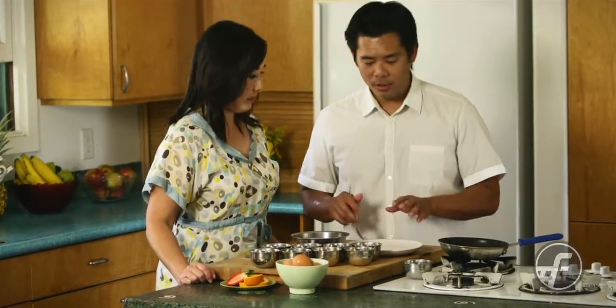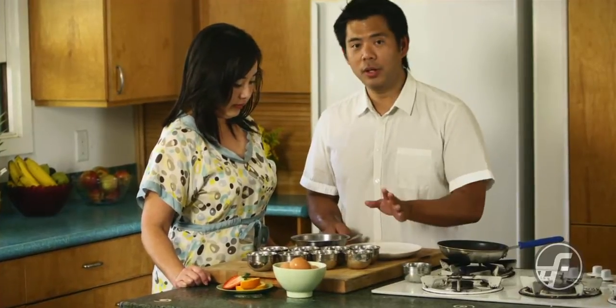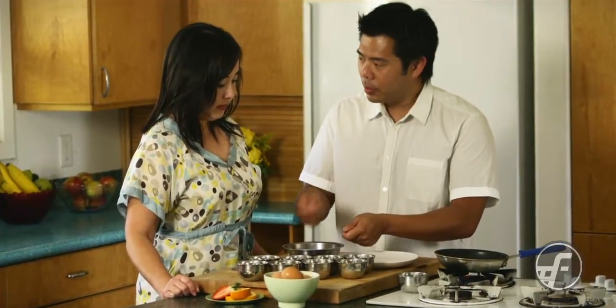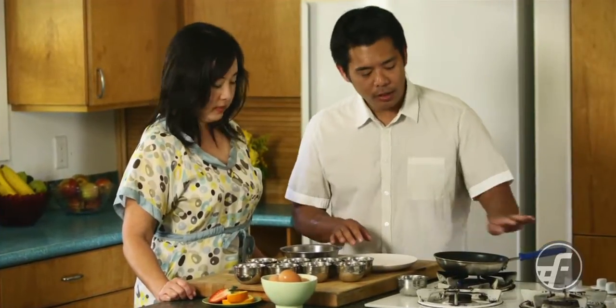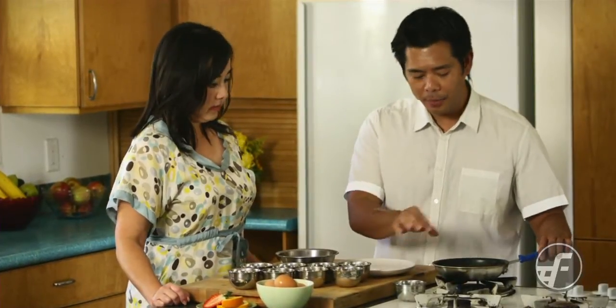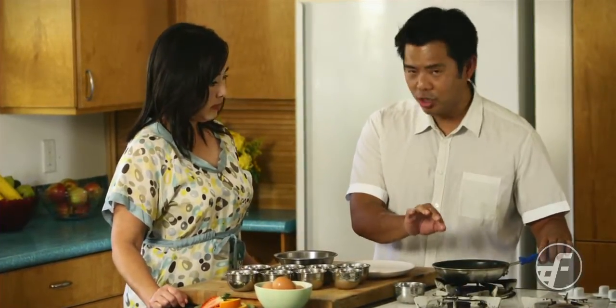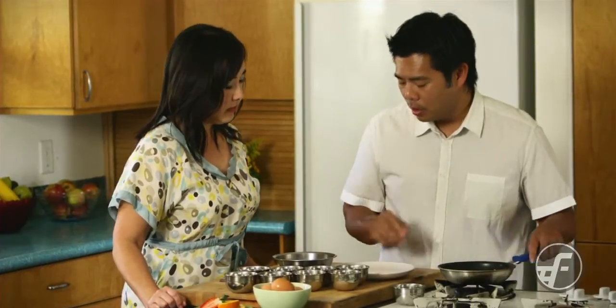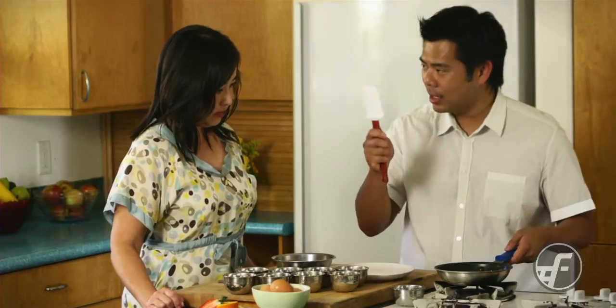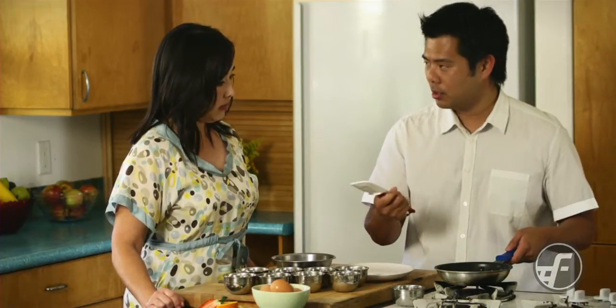Okay. Now, the key is you start off with 2 eggs for this. You want to have a non-stick pan, and we're going to whip the eggs with a little salt. Then I get my pan nice and hot, but not just medium heat. I put enough oil in the pan just to glaze the bottom. When I put the eggs into the pan, I'm going to use a non-stick, high temperature spatula,